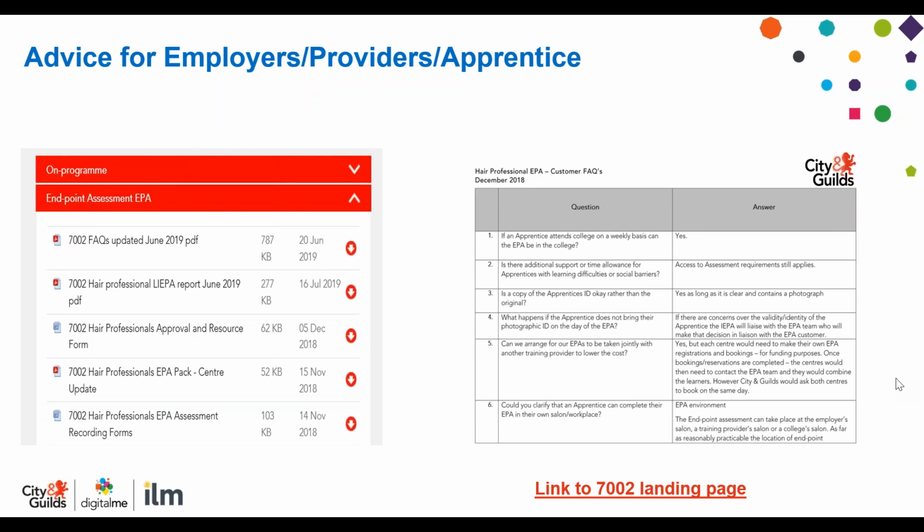If you've already used us for an EPA, you'll be given the EPA portal login at the very start, and your additional apprentices will just be added to that portal. So the same login then sticks with you for the rest. You don't get a new login every time for every apprentice. There's one login set up once for you for your whole organisation, and all your apprentices will be just put